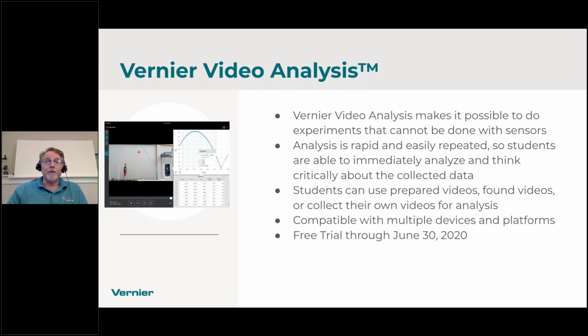So we're going to start with Vernier Video Analysis. The real thing about video analysis is that it makes it possible to do experiments that are really hard to do with sensors. For example,